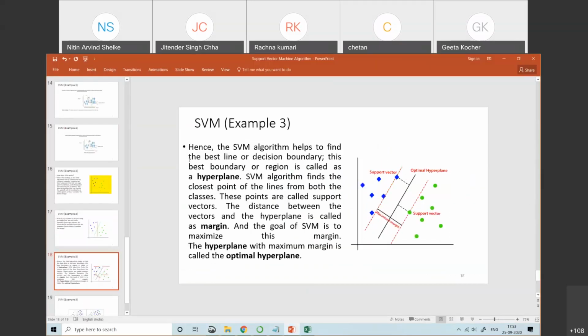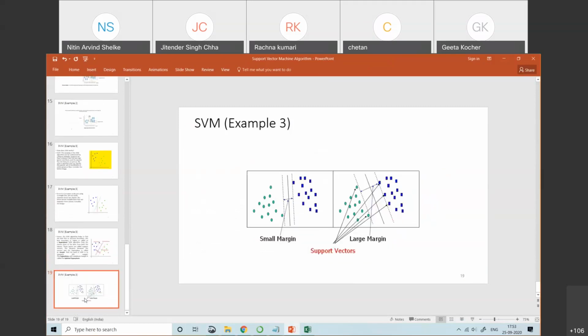Hence the SVM algorithm helps to find the best decision boundary. The same thing is written over here. You can read it. So this is your SVM example 3. Small margin, large margin.